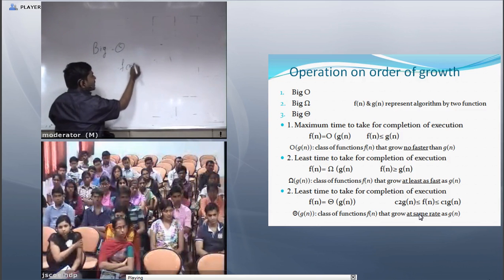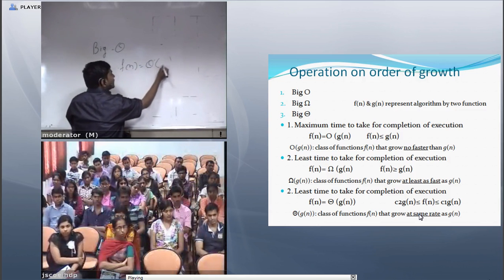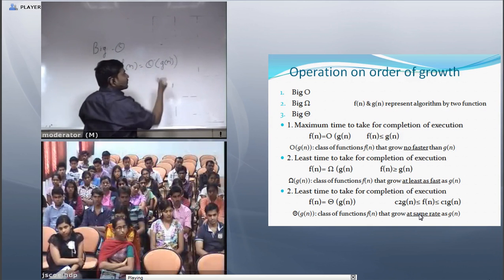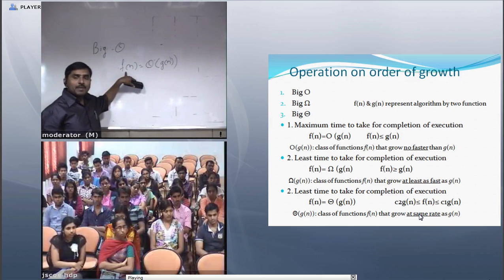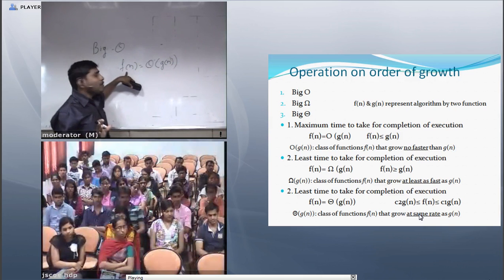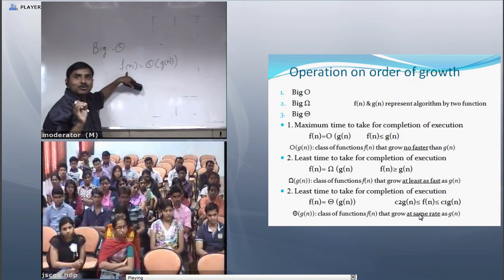Now, if I consider the average case, and I write a function f of n is theta g of n, it means the growth rate of f of n, the time required to execute this function.